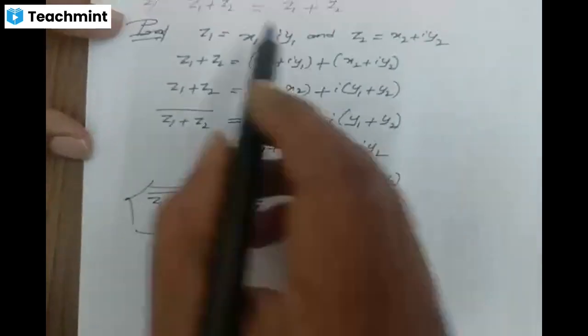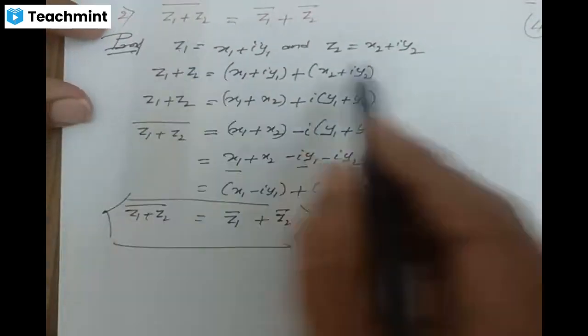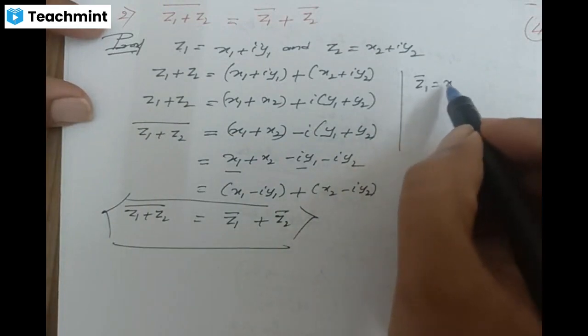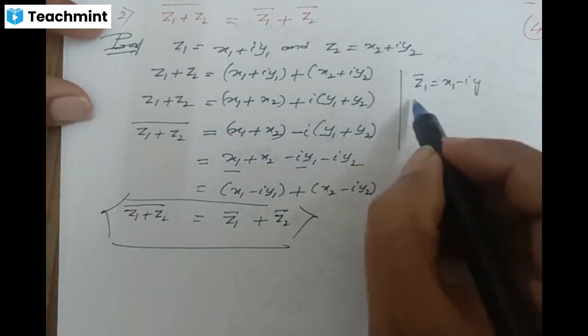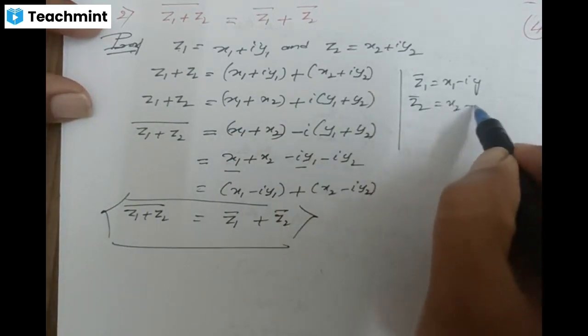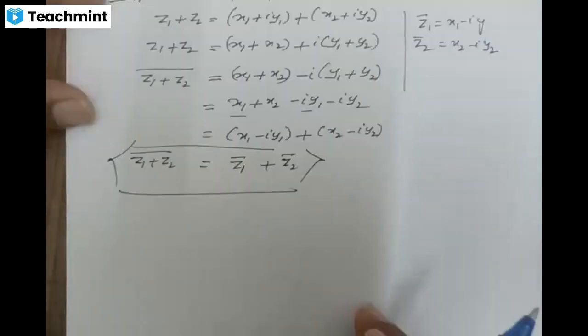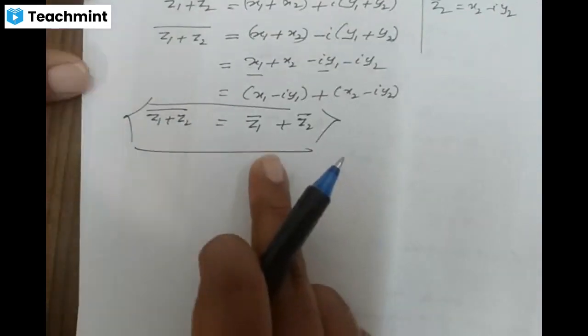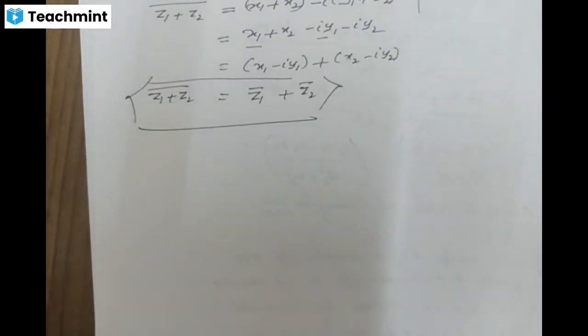See, z1 is there. Z1 is x1 plus iy1. What about z1 bar? z1 bar is equal to x1 minus iy1. You see z2 is there. Z2 bar is equal to x2 minus i into y2. That is, z1 plus z2 whole bar we can write as z1 bar plus z2 bar. Okay, so the third property is,